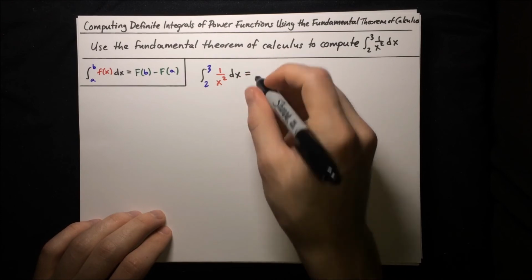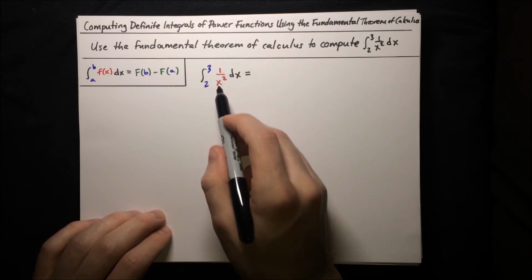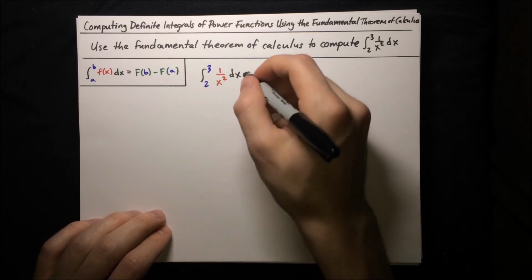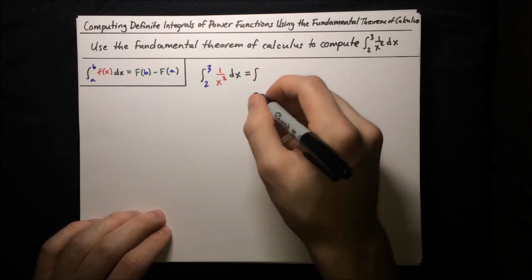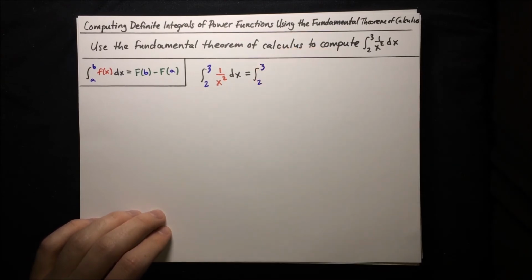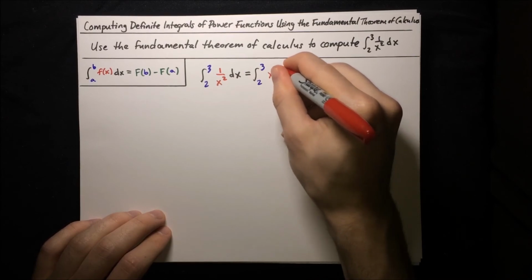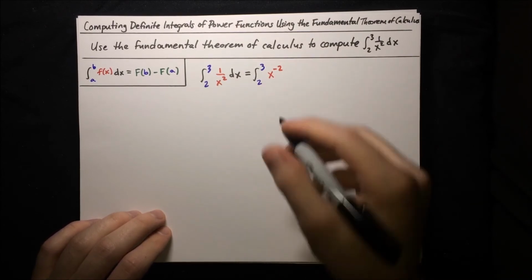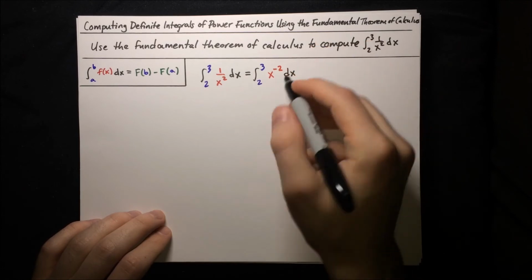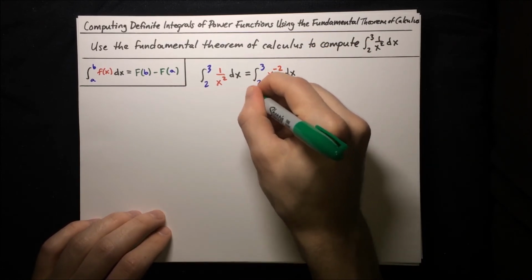Okay, so what is that equal to? We want to find an antiderivative of this expression inside the integral, and in order to do that, it's going to be a lot easier if we write this as just x raised to some power instead of a fraction. So why don't we write this, instead of 1/x², let's write it as x to the power of -2. Okay, so put in our dx, and now that's a lot easier to take the integral of, so that's just equal to taking the